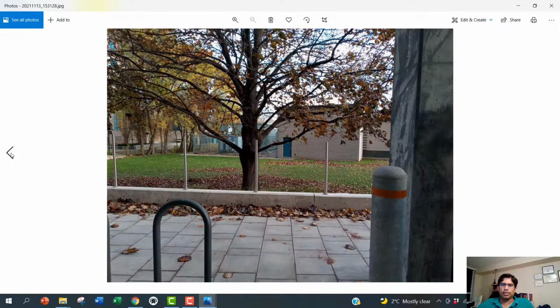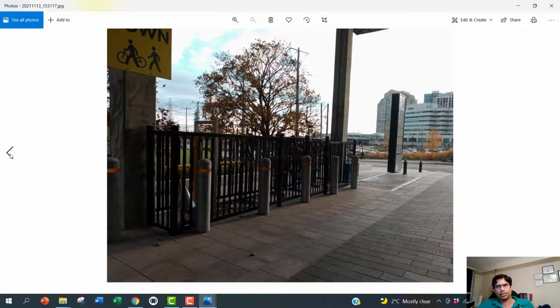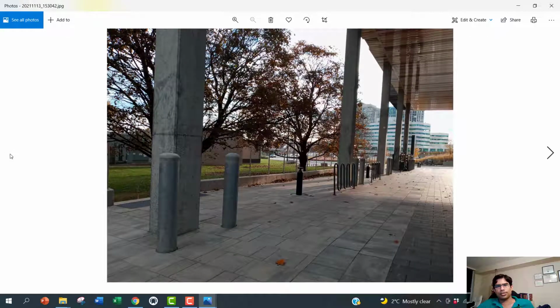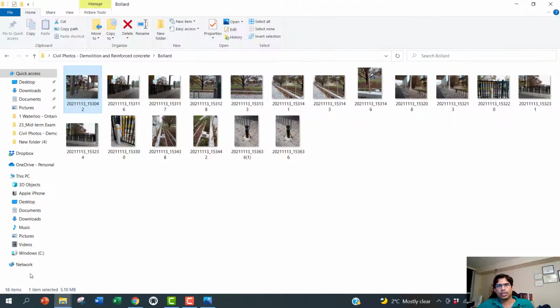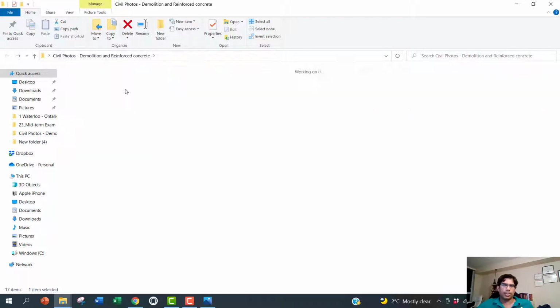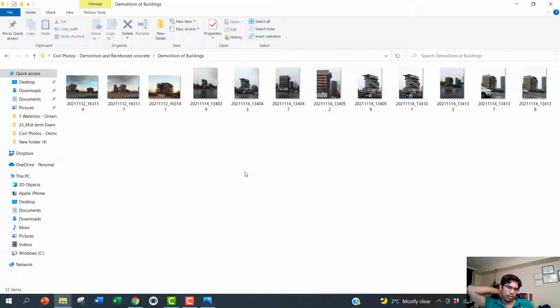This is a very newly constructed building that just finished construction earlier this year, right next to my building. So I just took photos mainly to show you guys. And next, I wanted to show there is a demolition of buildings, which is very relevant for all of you, no matter which force you are working in, particularly army people.